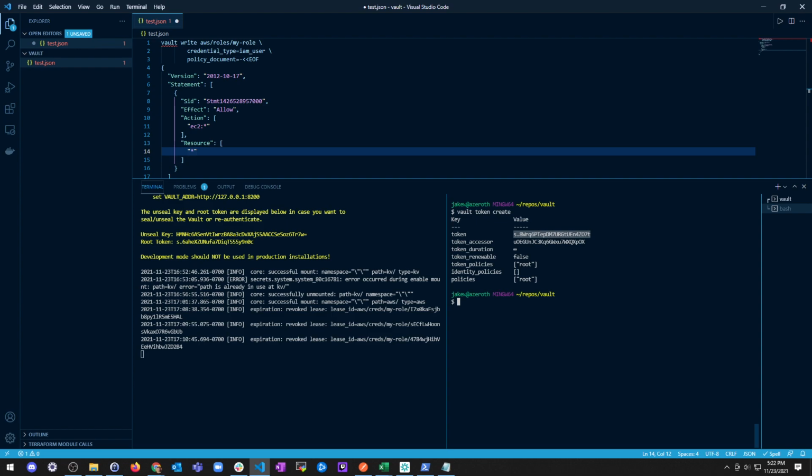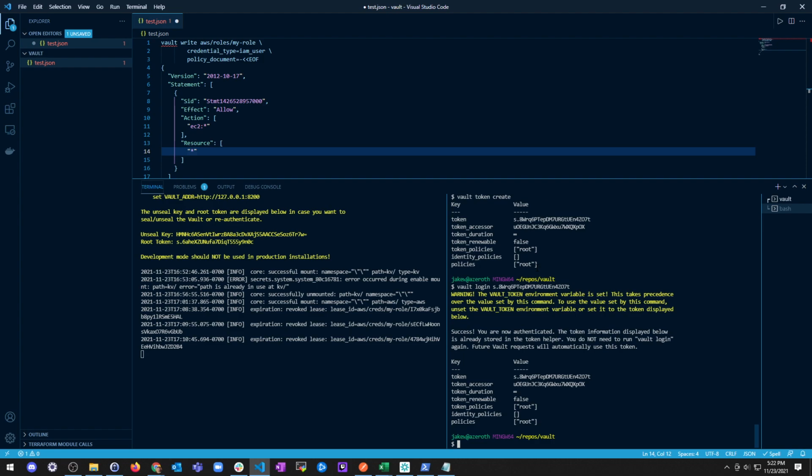And the token is a core authentication method, and you can use it to log in with Vault. So if I wanted to, I could say vault login and log in with this token. And since it's a child of root and it inherits the permissions, it is permitted to log in to Vault. Success, you are now authenticated. Okay,